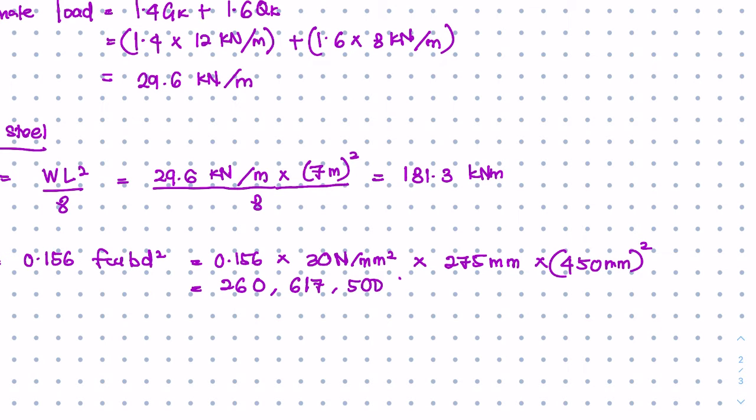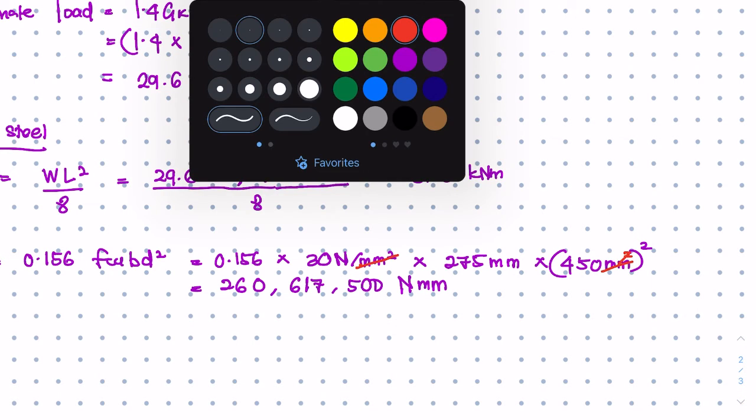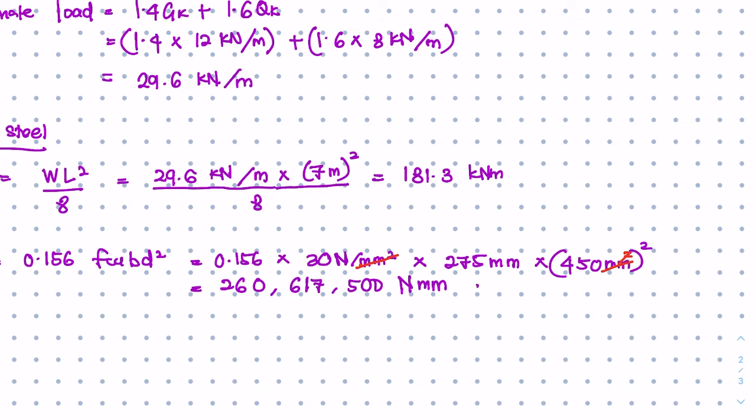Then it is 260,617,500 Newton millimeter. Okay, just simply put it like this. And this one also disappears, because it is millimeter to the power of 2. So it disappears at the power of 2. The 450 is still squared when you calculate. Then this is our answer, Newton times millimeter, which is also equal to, we want to convert it into kilonewton